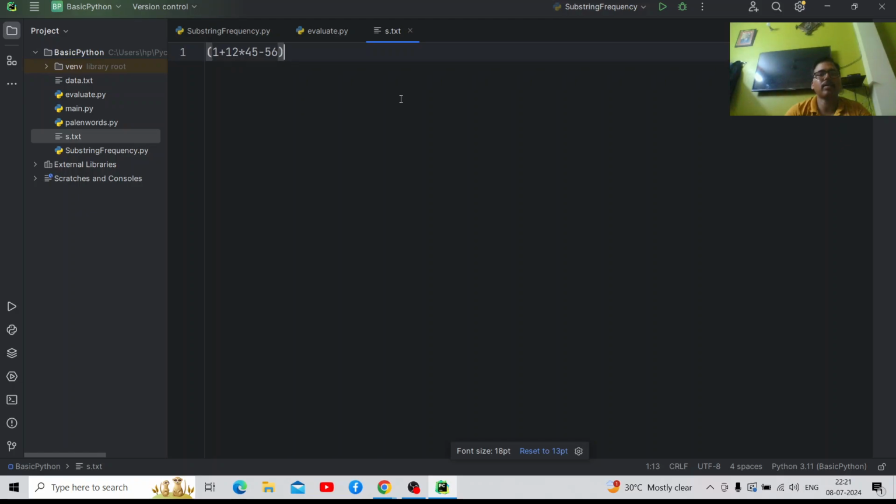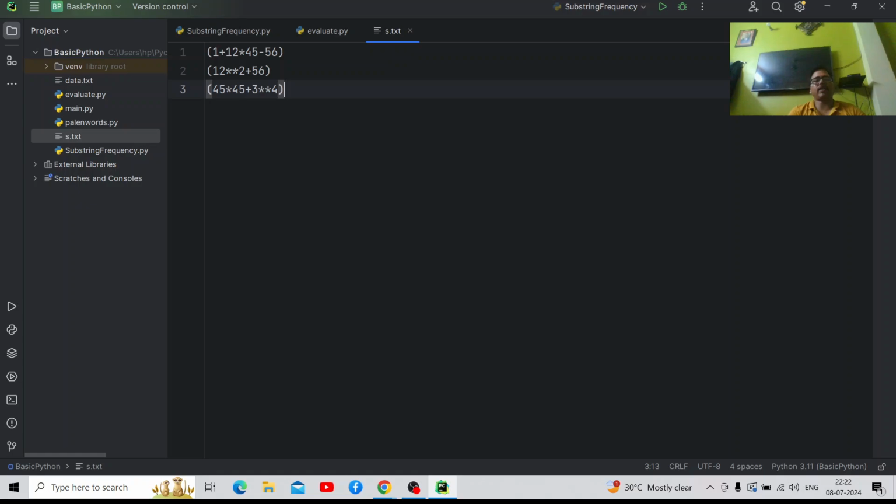See, and here is one expression per line, like 12 plus 56. Then we have 45 asterisk 45 plus 3 raised to the power 4.